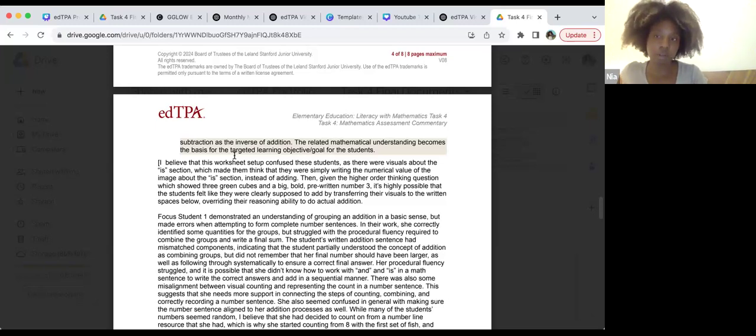A lot of people tend to struggle with math task 4 because of this. Because they don't actually know how to break down. It's not that teaching the math concept is hard, or that the math concept is hard in and of itself. It's that they haven't been taught how to look at that. So if you struggle with that, or you're in a time crunch and you don't have a mentor to go to, what you can do is take that whole class assessment,